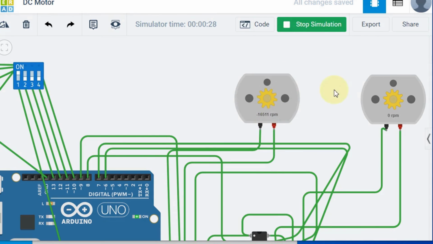Suppose I don't want to run this motor 1, I just turn this off. Coming to motor 2, even though it is given anti-clockwise because of 0, it is not rotating because switch 2 is off. If I turn on switch 2, it is rotating anti-clockwise because switch 4 is 0. And if I want to rotate motor 2 in the clockwise direction, I just turn switch 4 on, and it is rotating. Suppose I want both motors to rotate in opposite directions, it is also possible, or in the same direction, it is also possible. So all these 16 combinations are working perfectly.